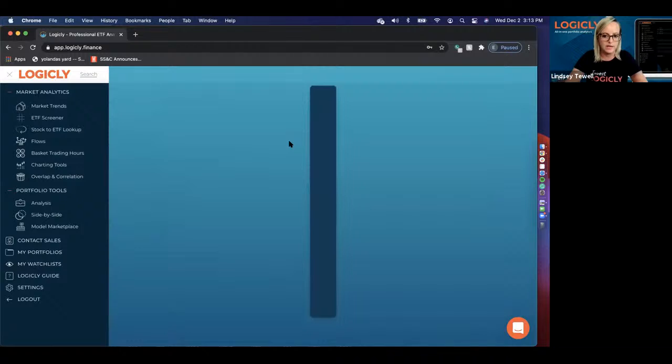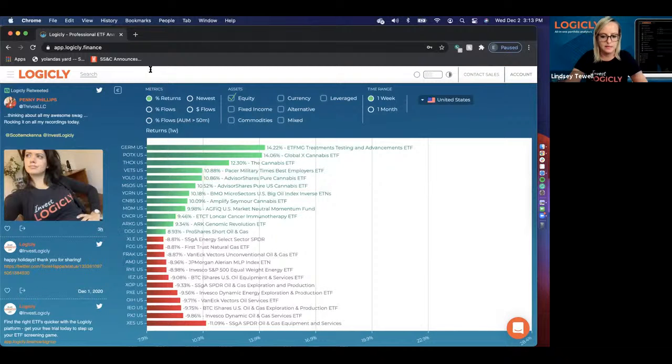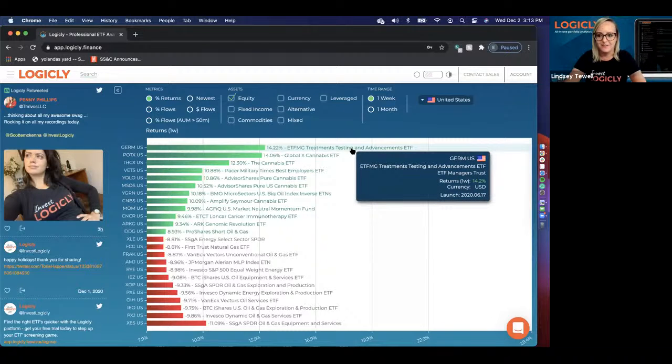So there's a few ways that we could go about finding an ETF that takes advantage of that potential ongoing theme. So maybe the first thing we could show would be, while we're on this screen, while we're looking at the trends, just some of the things that we brought up. You can see right here, right? This first ETF, Germ, it's a treatment, testing, advancement, biotech ETF, and I was looking earlier, and actually the